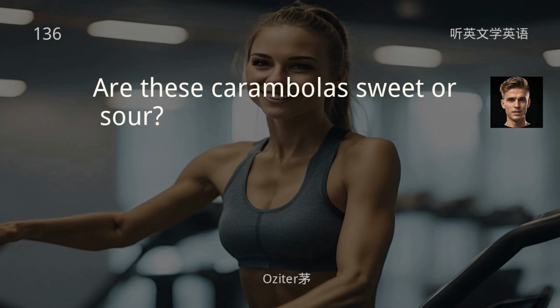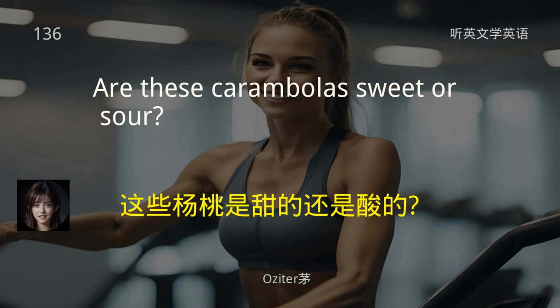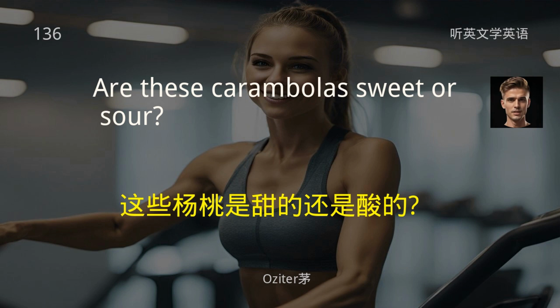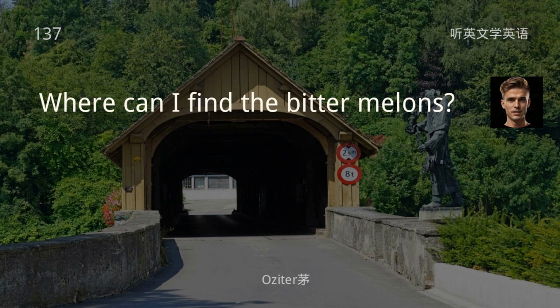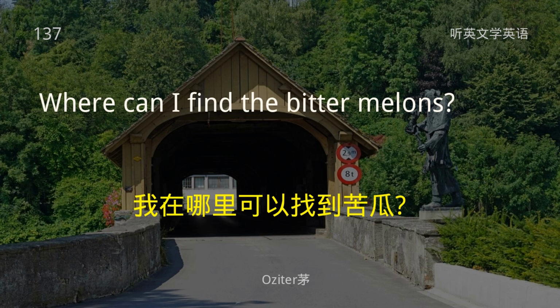Are these carambolas sweet or sour? 这些杨桃是甜的还是酸的？ Where can I find the bitter melons? 我在哪里可以找到苦瓜？